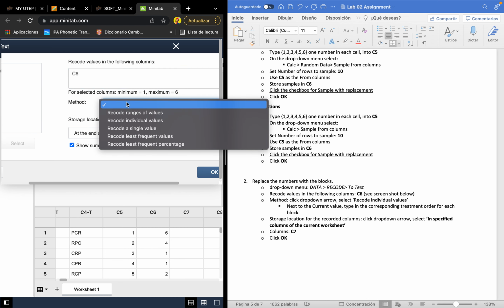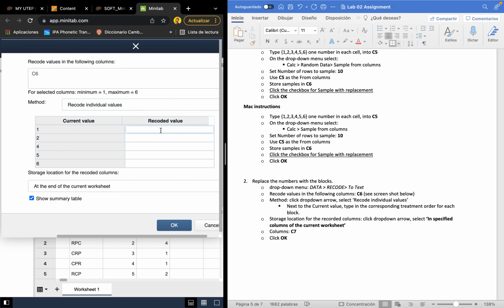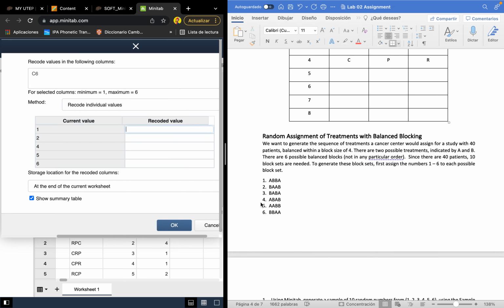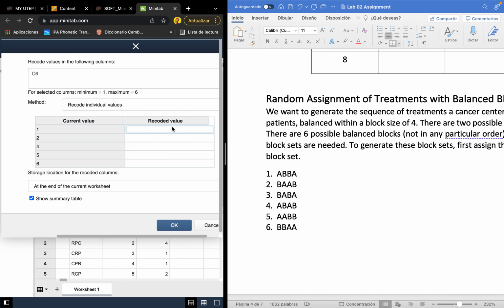Method. What is the method that we have to choose? Recode individual values, and then we have to specify how you are going to recode each of the values from 1 up to 6. And I think we have to do it like this, right? As these instructions. A, B, A, B, B, A, B, A, A, B,